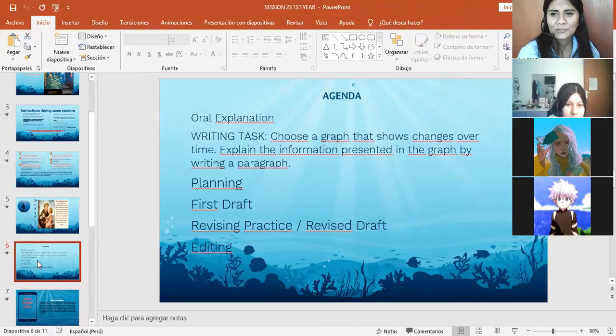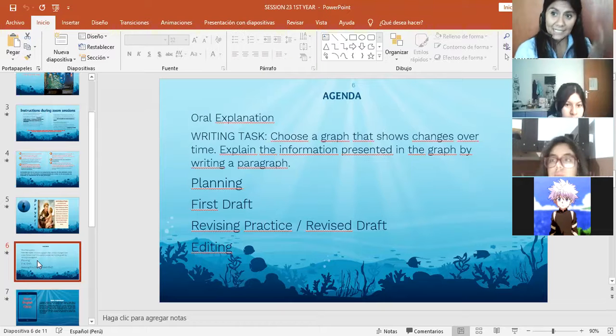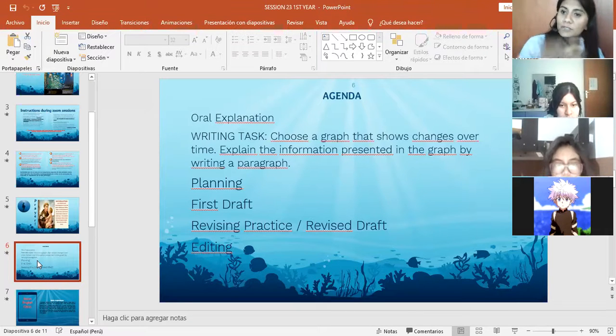Ah, Miss Milagros, so it's something that we practiced, and now you are going to ask us to create. Obviously, you need to create a paragraph, okay? The paragraph, obviously, with the sentences that explain your graphic. So today we're going to start with the planning, the first draft, and next day, the revising practice, until you finish your homework for Friday. So it's like you are working with me for doing your homework. Okay,